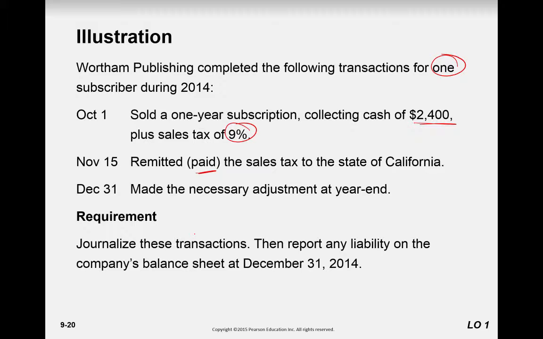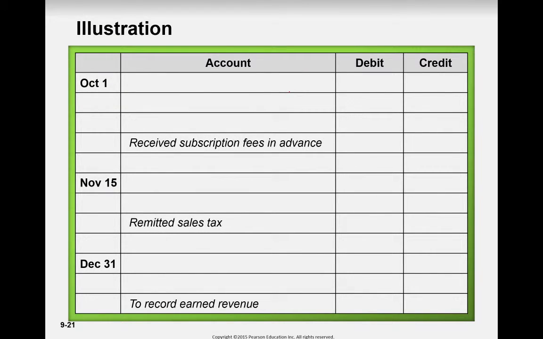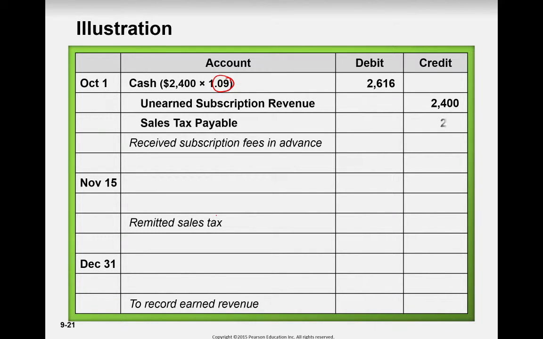So let's go through these transactions and any liability that we would have to put on the balance sheet for December 31st. So here, first let's record the subscription fees in advance. So we get cash, and notice we have 9%, so we added 1.09. Unearned subscription is the $2,400, and the sales tax payable is then the $216. Now when we pay the sales tax, we're gonna take that payable off the books for the $216 and show